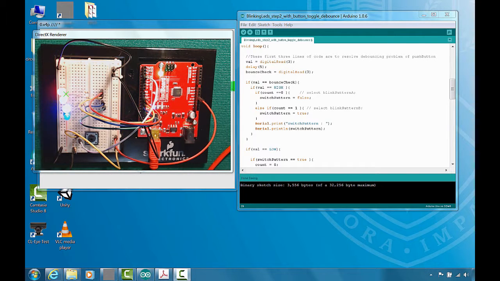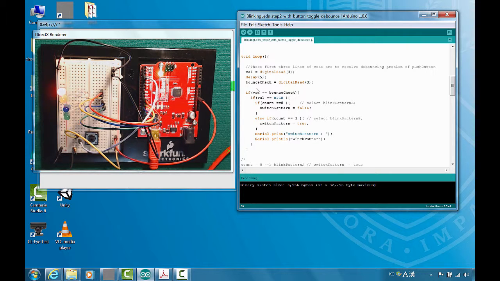Next thing we look at is how to switch between two different patterns with this push button. Dealing with a push button is a little bit tricky. Each person has a different style to solve the problems. So in this example, I'm going to show you my style. Let's have a look. First, read line of the code. The first 3 lines of the code are for